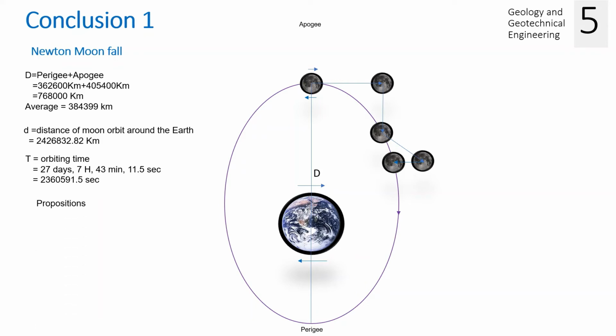He made some propositions to make the calculations, and he proposed that the x should represent the sideways movement of the moon away from its orbit, and the f should represent the fall of the moon to its orbit, just like an apple falls toward the ground